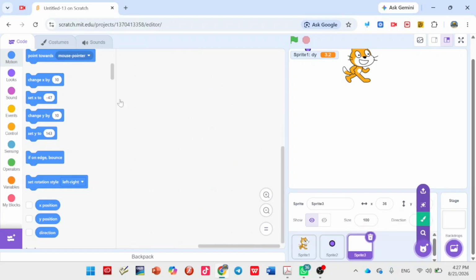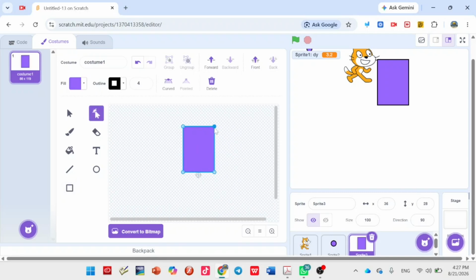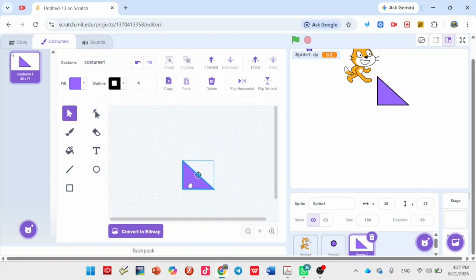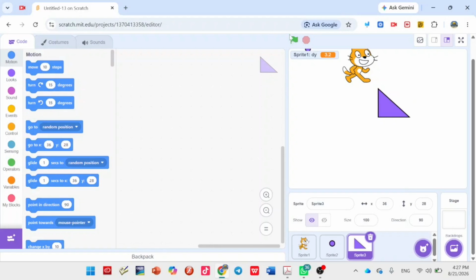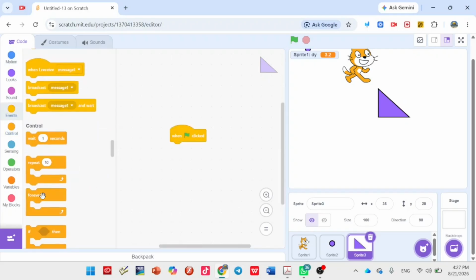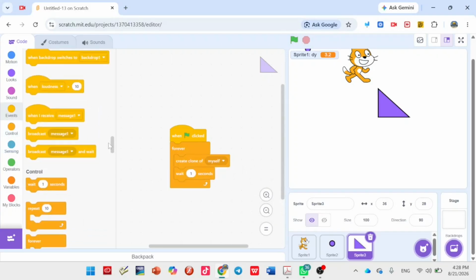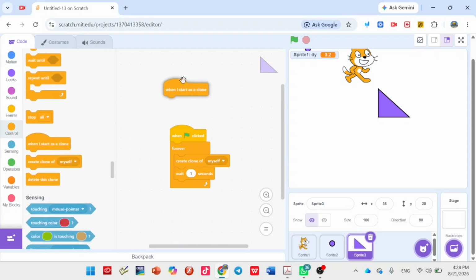Now I'll make enemies. So I'll make the enemies to be these pointy triangle thingies. When flag clicked, forever, create a clone of myself. Wait 1 second. When I start as a clone,